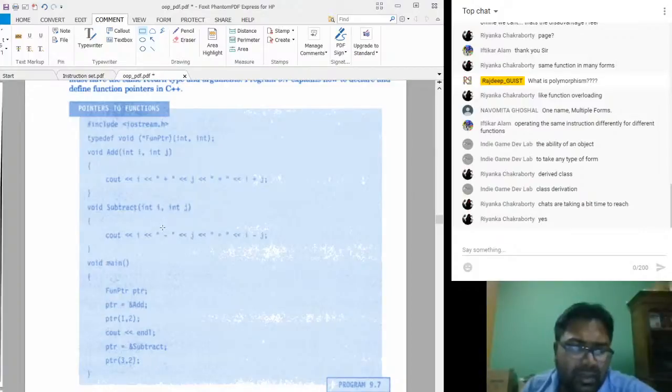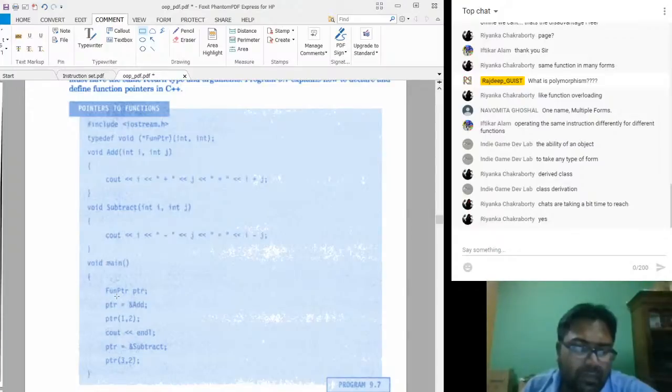This is just an addition function, and similarly a subtract function that they have defined. Next, funptr. They have created a type definition for this particular function pointer. They are telling that this function pointer receives two parameters as input, and it is returning void, or returning nothing from the function.